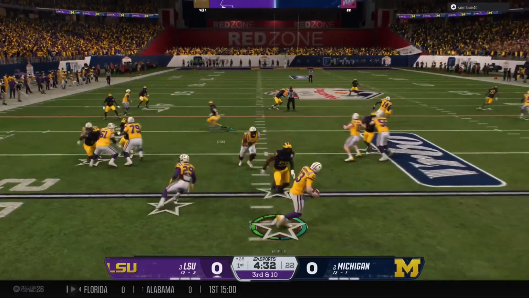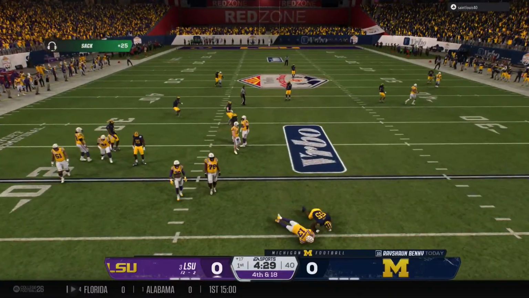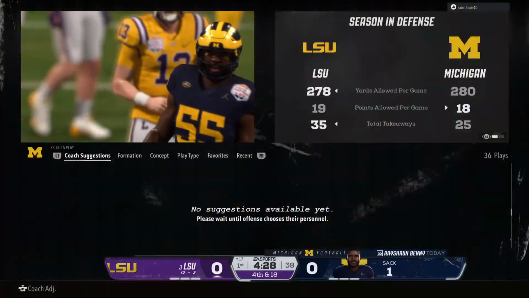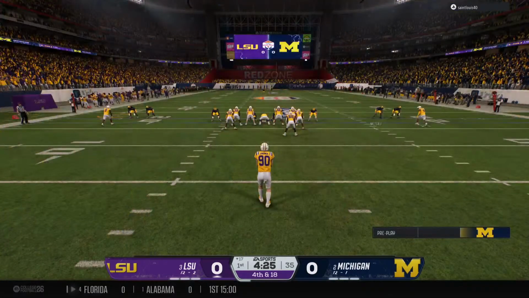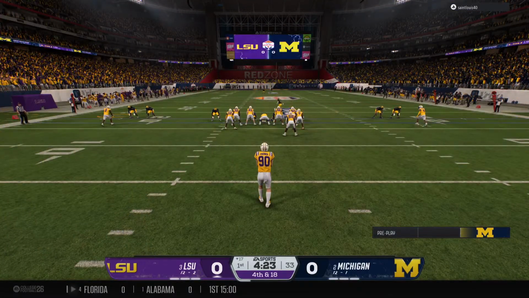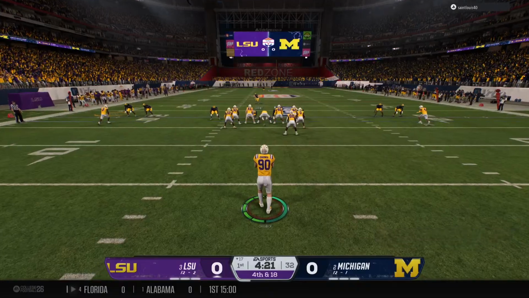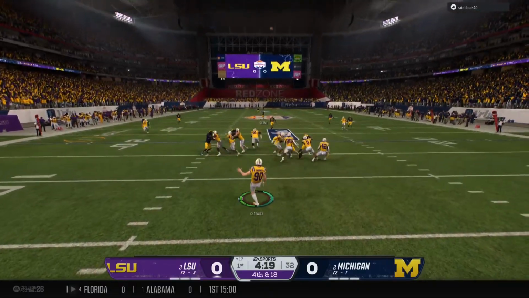Off the play fake. Look at the passing. Swarmed by the pass rush. This is exactly how you can slow down the momentum and rhythm of an offense. You've got to get some tackles for loss and some sacks. This time, they come up with a sack by getting after that quarterback.